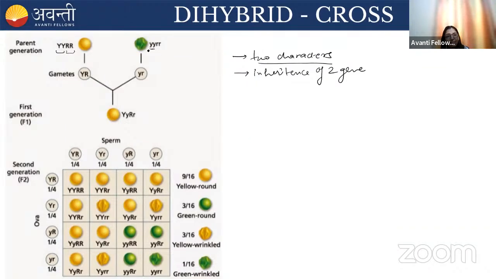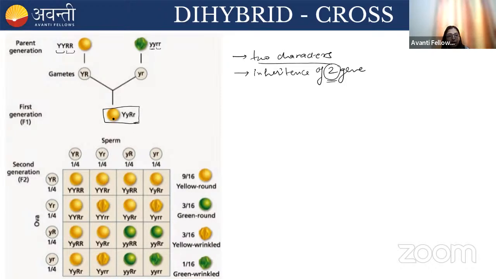Here, small y represents the green color and small r represents wrinkled. So in a dihybrid cross, we study the inheritance of 2 genes. This parent will form the gamete capital Y, capital R, and this parent will form the gamete small y, small r. On crossing, they produce a heterozygous